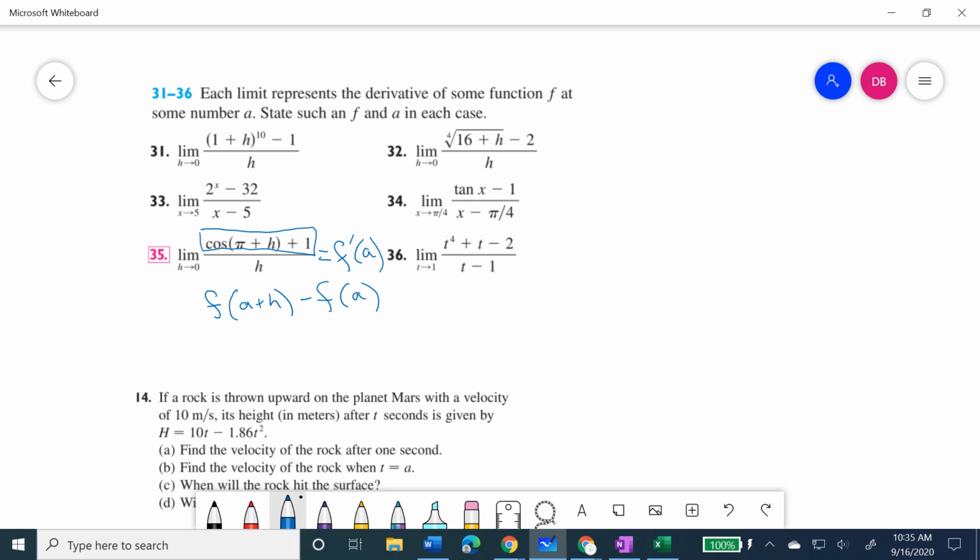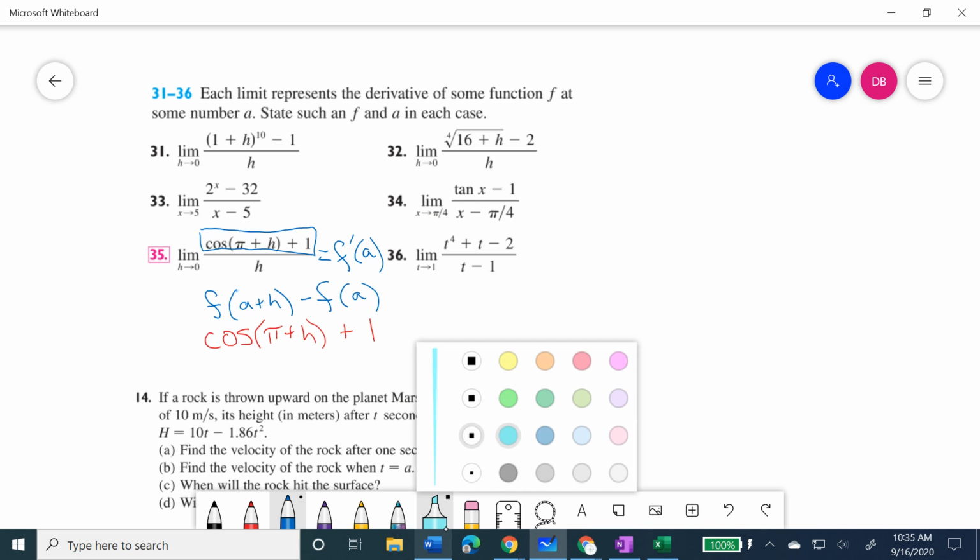So you're trying to match that up. When they write these out on a test or a homework problem, they really are not trying to trick you like they do with some problems. I have always seen that they've been pretty reasonably kind about matching these up. This is probably about the hardest that it will get because of